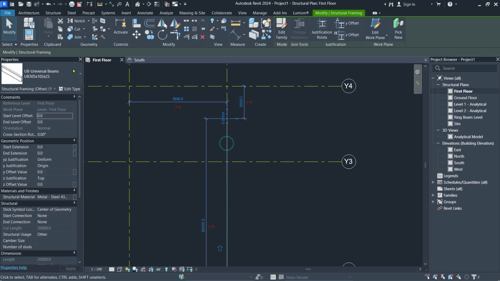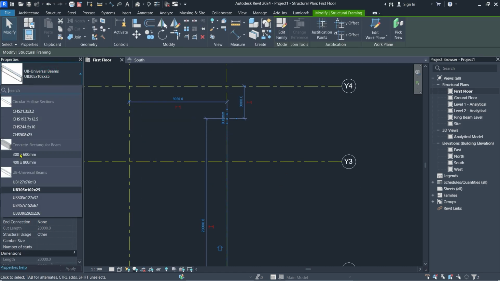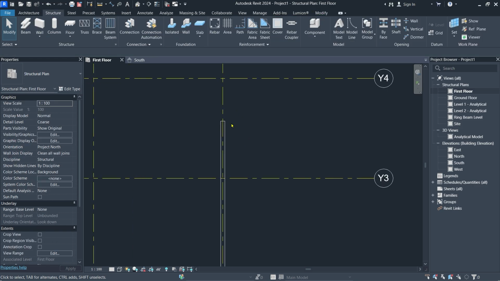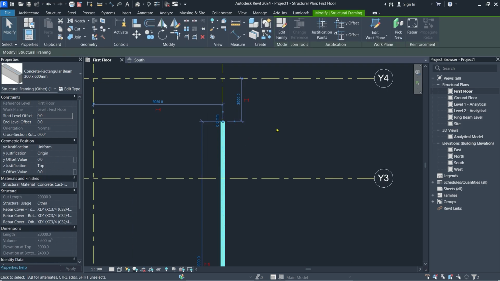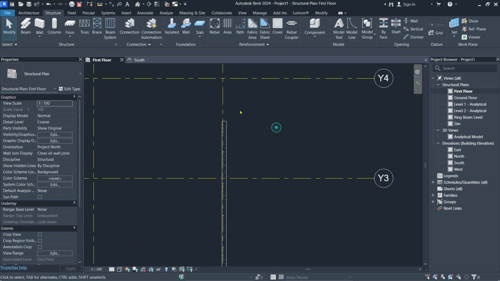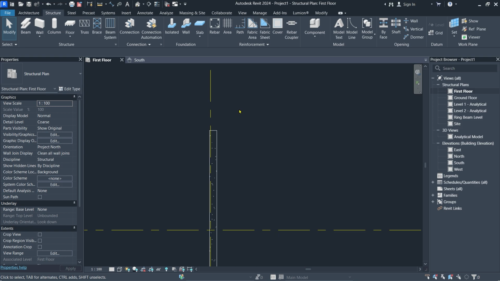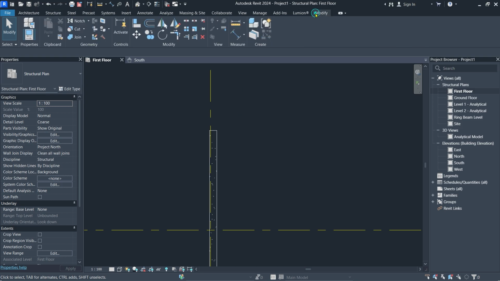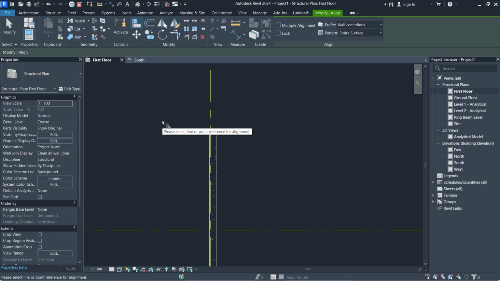If I want to align, come here to structure, click beam, and draw a beam here like this. Oh, this beam is faint, so it may not be visible. Let me choose a better one, like this one. Let me say this beam is slightly off, like that, from the grid. And I want my grid to be exactly on the beam without moving the beam, but while moving the grid. What I do is I come to modify, click the align command,